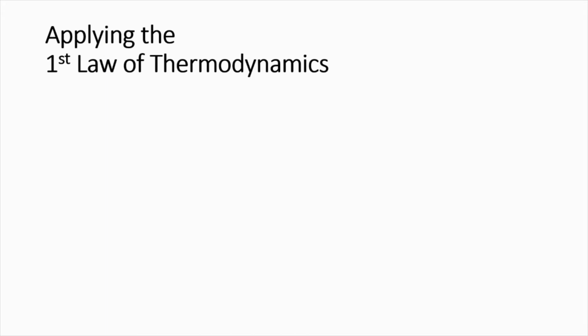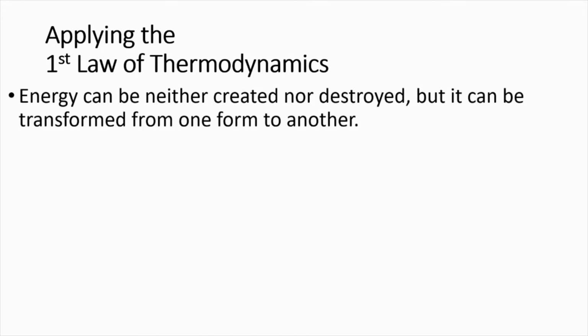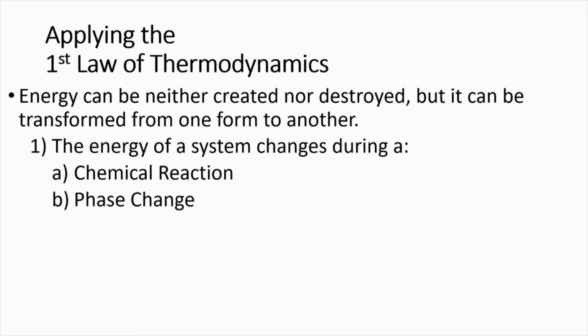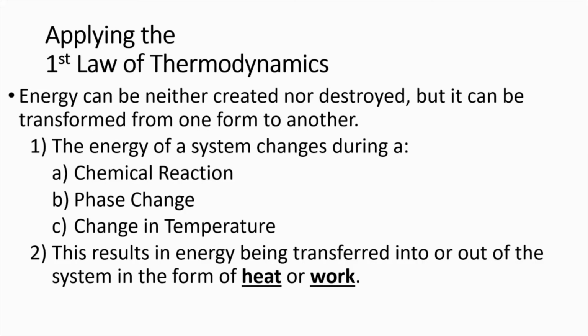So let's look at our first law of thermodynamics. Energy can neither be created nor destroyed, but it can transform from one form to another. So our energy is able to change forms and is going to do so during a chemical reaction. It can do so during a phase change because we are using that heat energy to change the potential energy, for example. It can change the temperature, all right? And this is going to ultimately result in energy being transferred either into or out of the system, and it will be transferred in the form of either heat